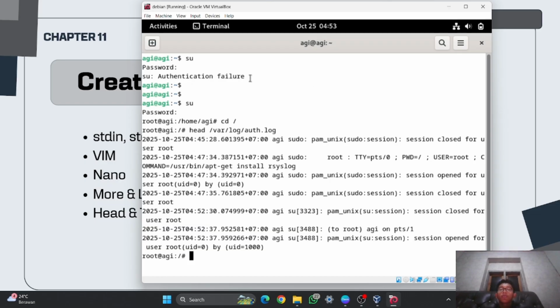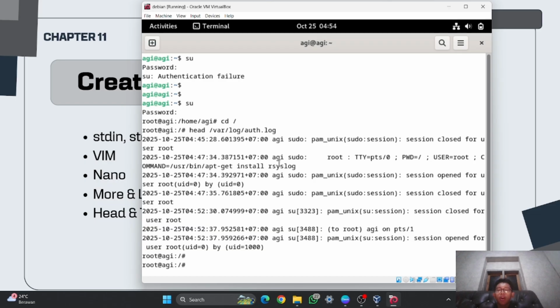But they say that head only shows the first 10 rows. Sorry, I will count again. 1 2 3 4 5 6 7. Yeah, there are only 7.